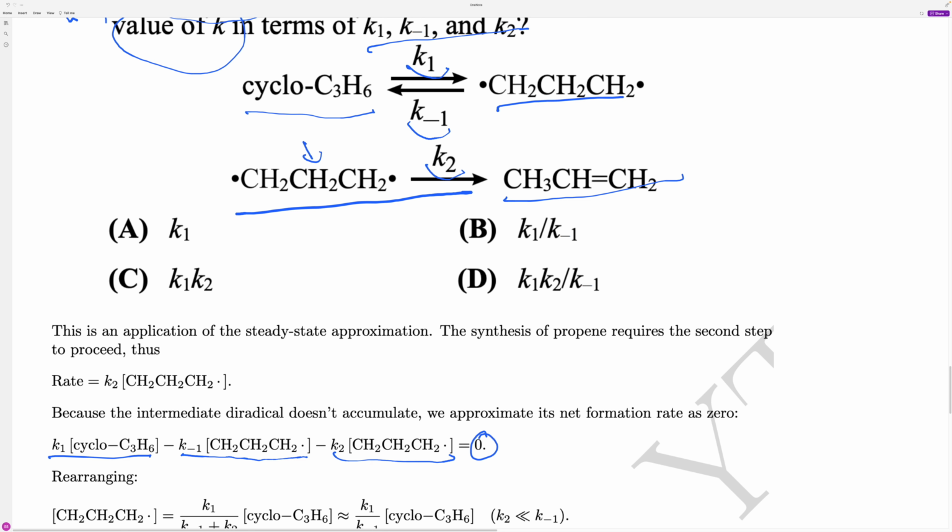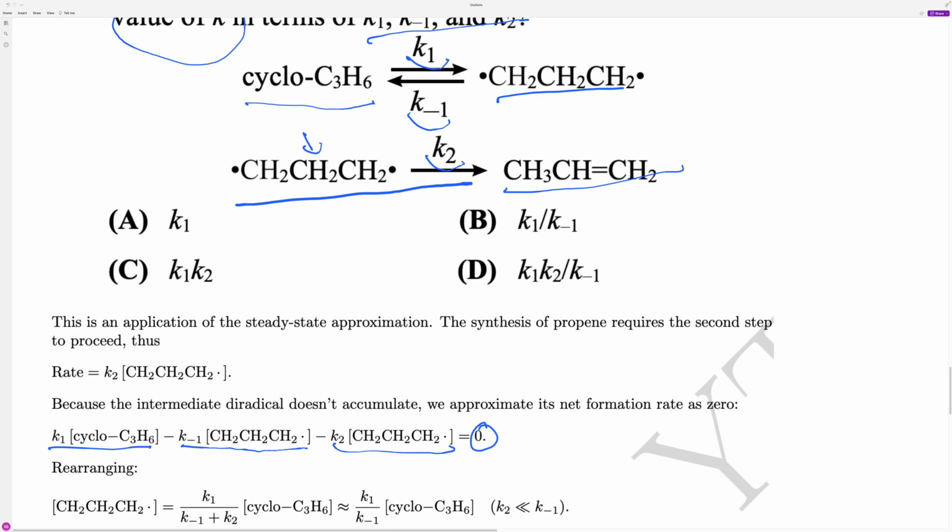And we're saying that equal to 0, because it doesn't accumulate. So we're going to rearrange this to get all the diradical on one side, just to make our calculations easier and our substitutions to be possible. So we're going to add these two terms to this side, and we're going to get K1 cyclo. I'm just going to write cyclo for now, for shorthand, equals